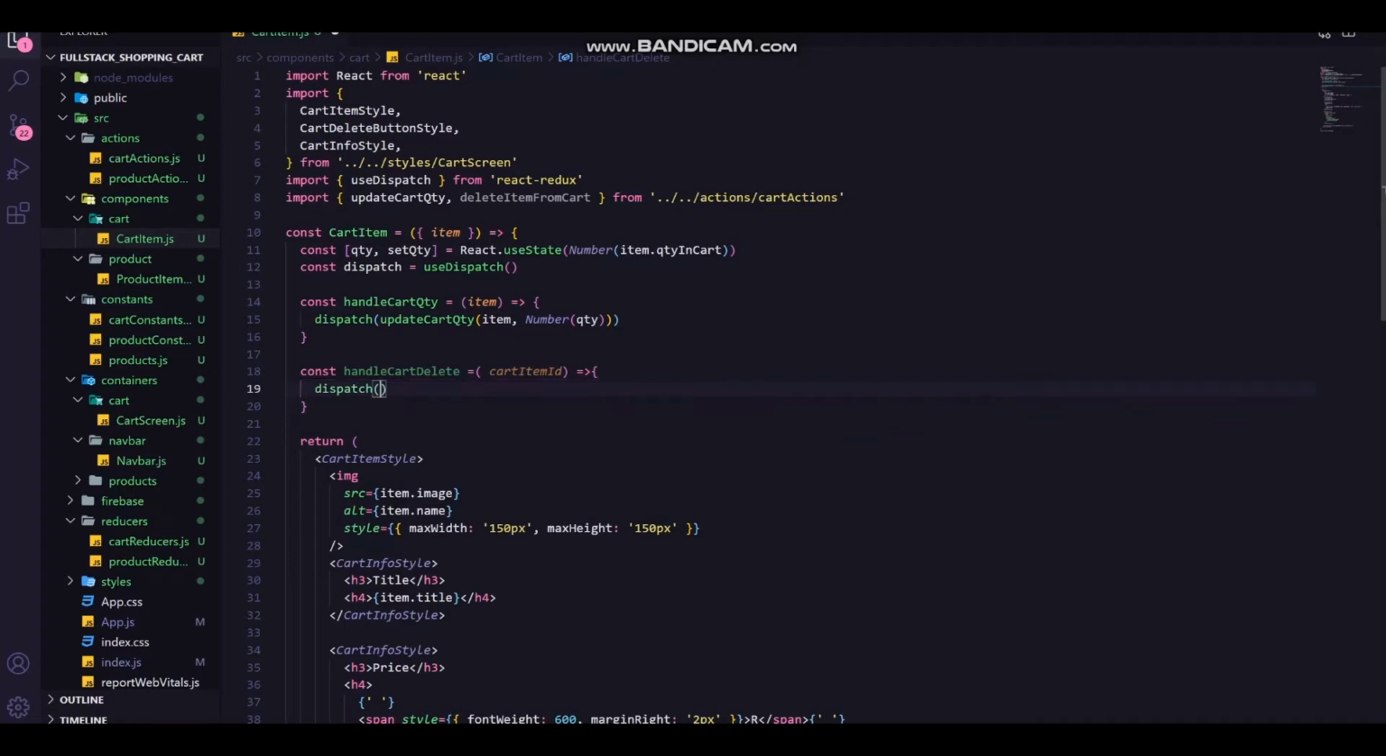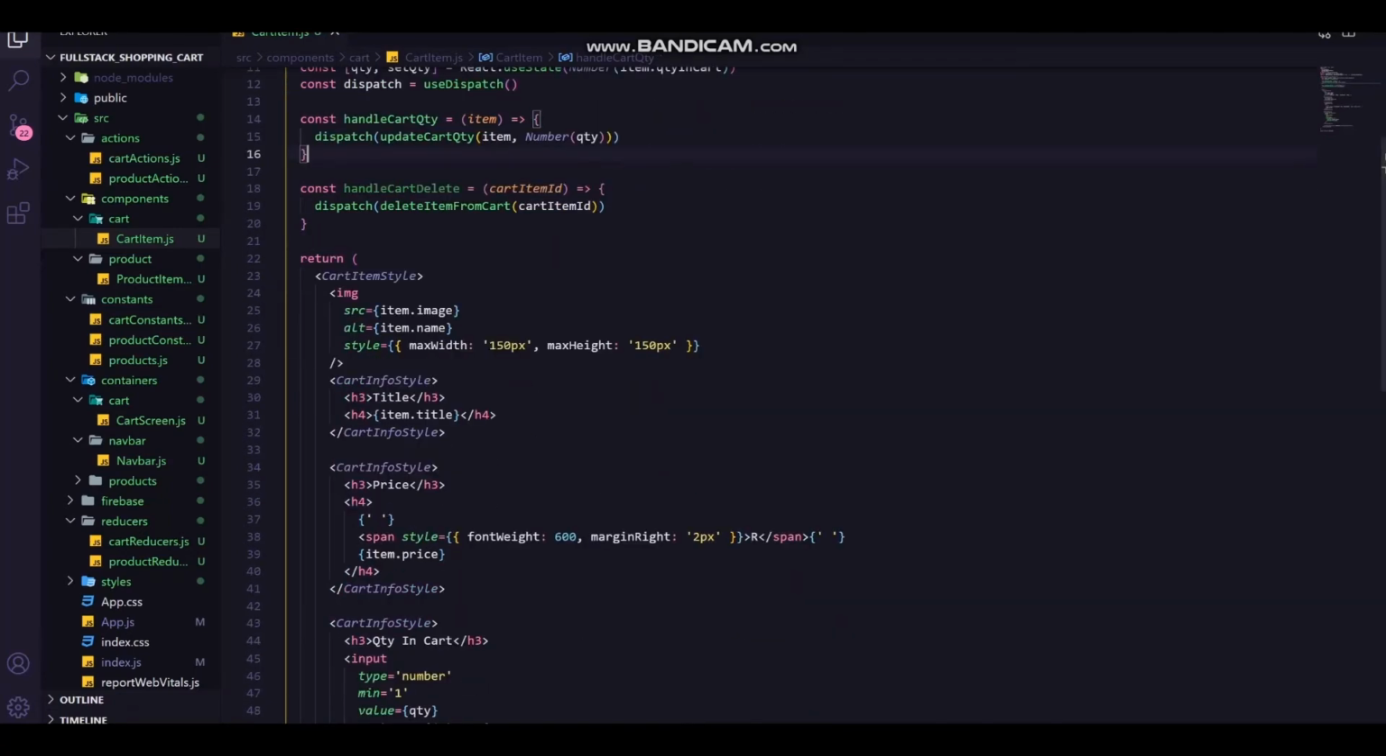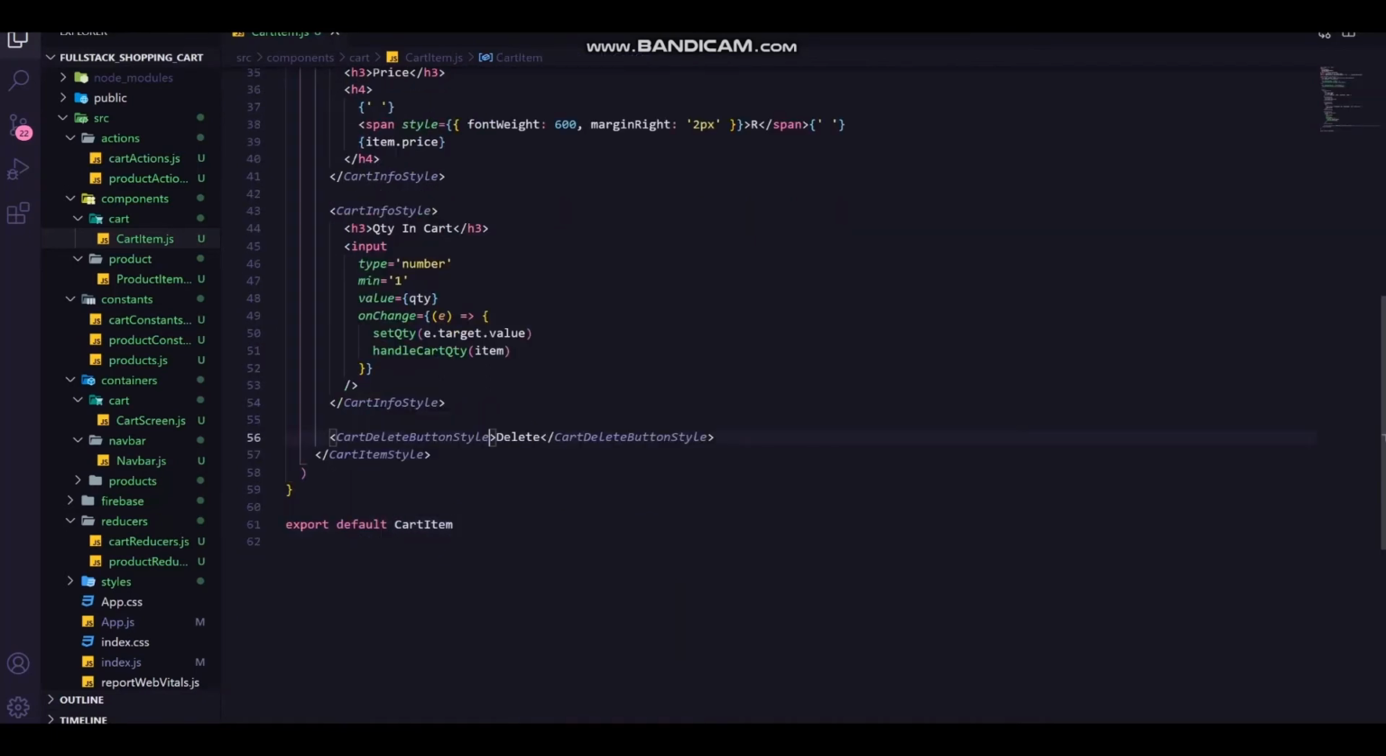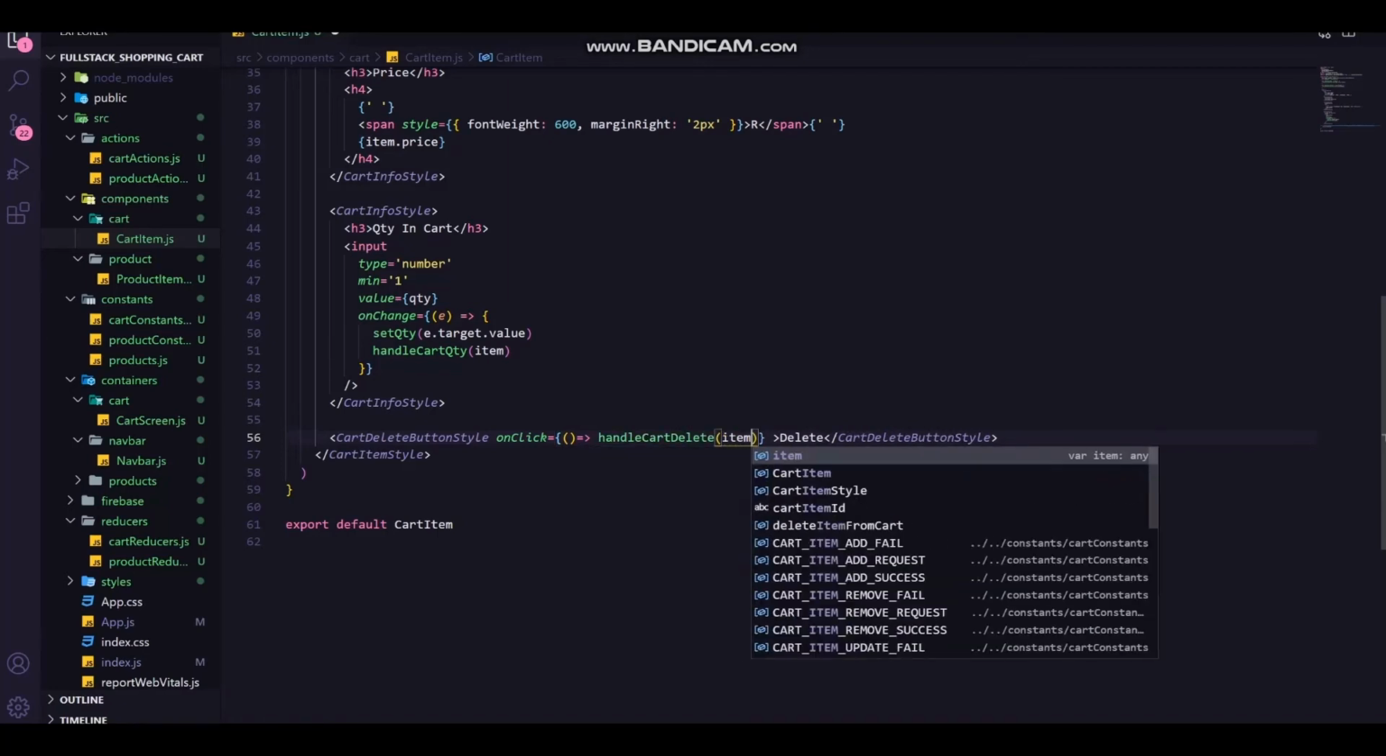And then we're simply going to dispatch the deleteFromCart action. So deleteFromCart, and we're going to pass in the cartItemID, simply just like that. All right. And now we just need to bind this to the button in order to make it work. So we can go down to our button and we can add an onClick here. And we can pass in an arrow in here. And we can say handleCartDelete. And we're going to be passing in the item.id,